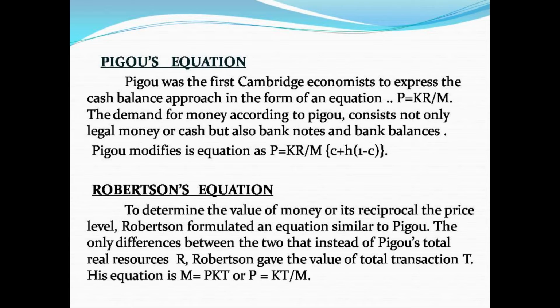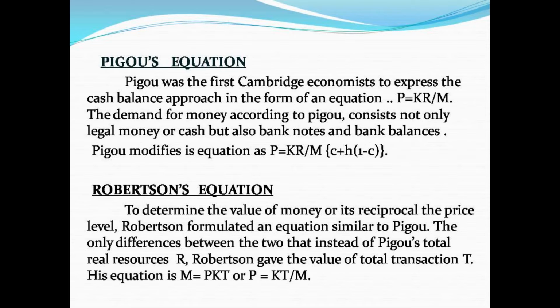Next, Robertson equation. To determine the value of money or its reciprocal, the price level, Robertson formulated an equation similar to the Pigou equation. The only difference between the two is that instead of Pigou's real resources, Robertson gave the value of total transactions T. The Robertson equation is M is equal to PKT, or P is equal to M by KT,